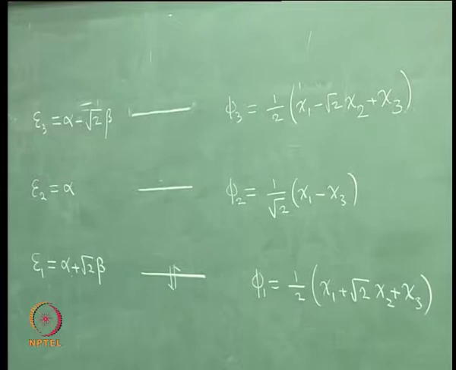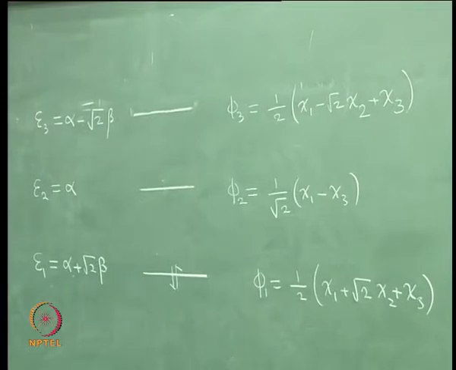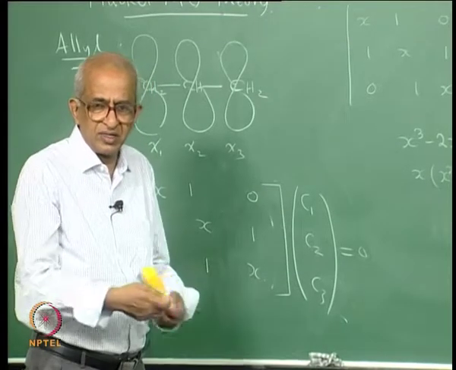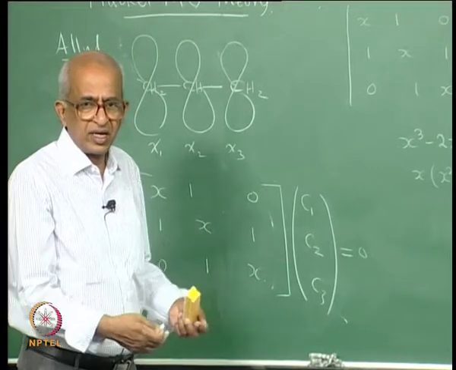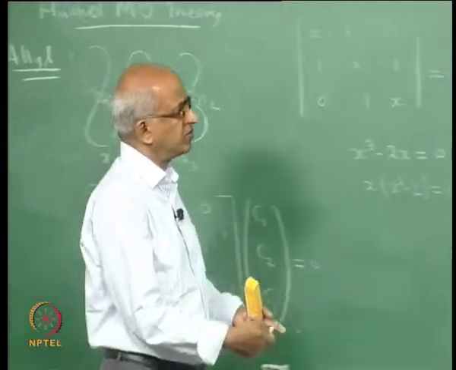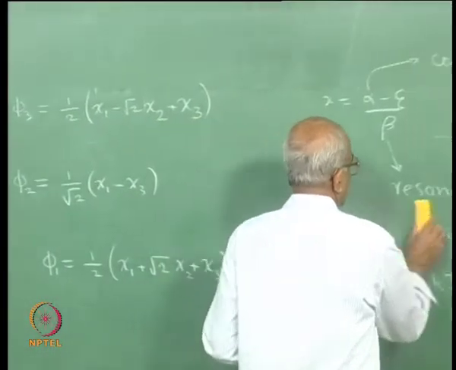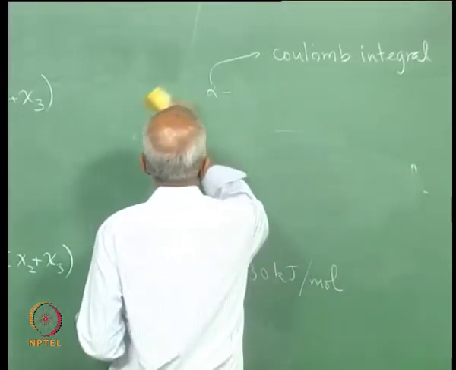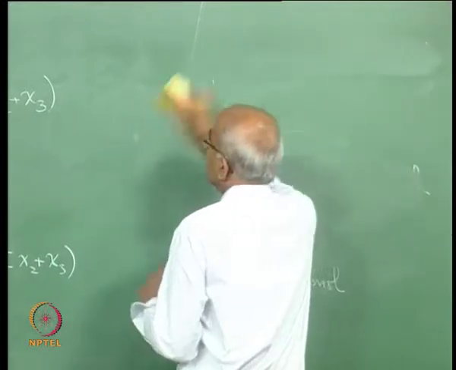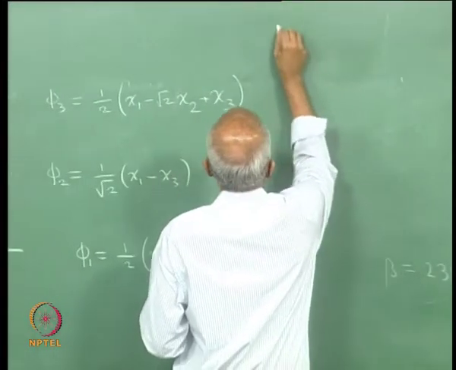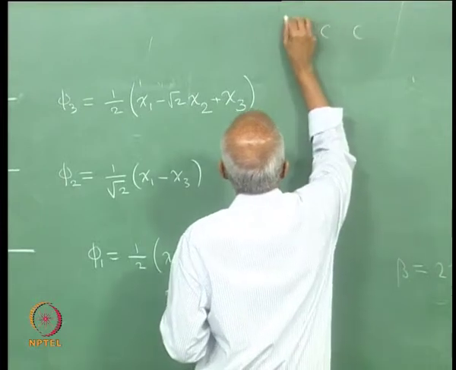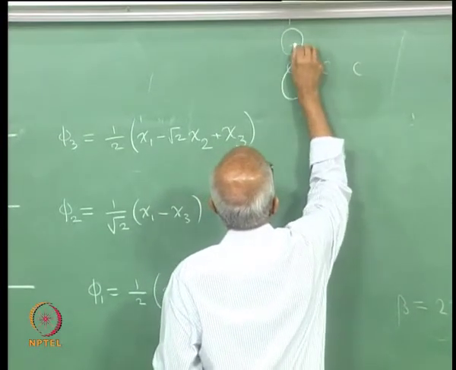So, these are the 3 molecular orbitals of the system. They are not difficult to find, it needs a little bit of time to do the analysis. So, I do not go into the details of the analysis, but this is what happens. And then how will you represent these molecular orbitals? Well, you have 3 carbon atoms, 1, 2, 3, you have p orbitals on each one of them.